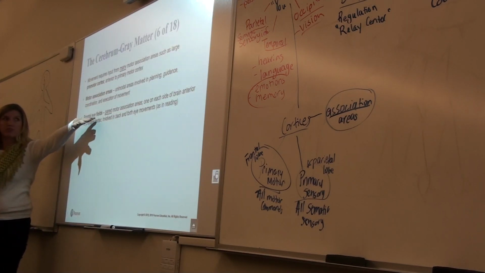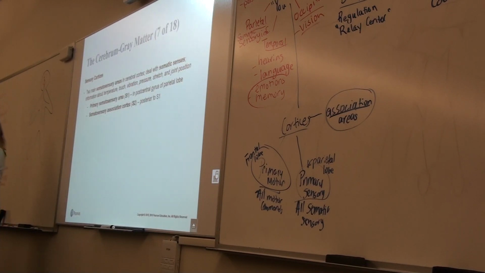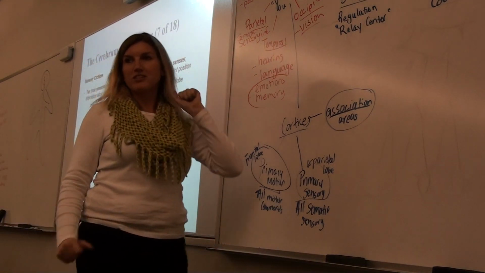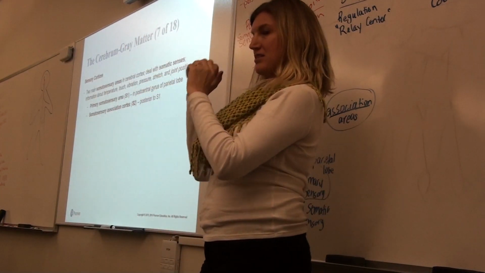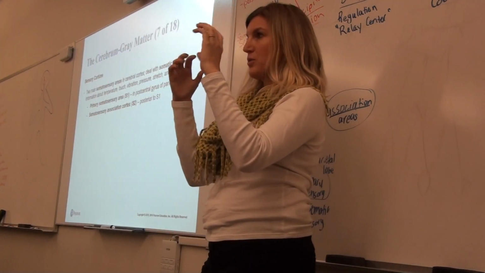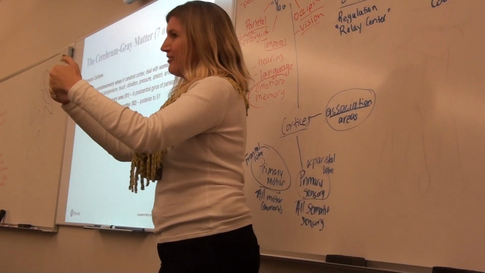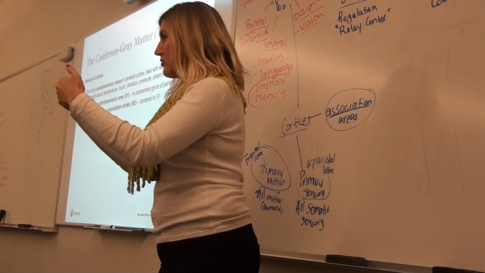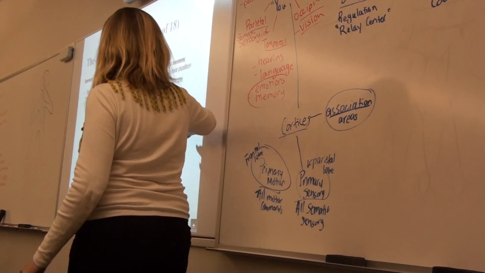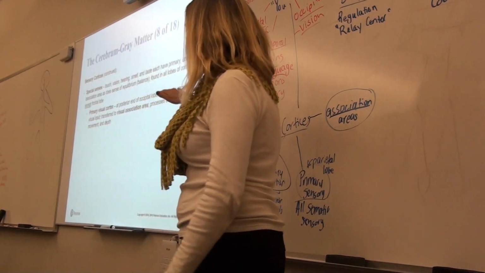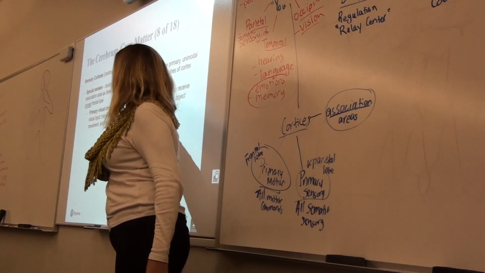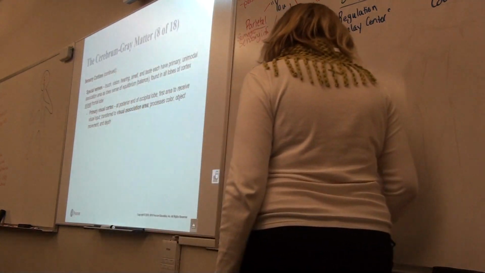Association areas, right? There's something called the frontal eye fields. The frontal eye fields interpret what each individual eye sees. You have areas on your occipital lobe, right? Occipital lobe is vision. Areas on your occipital lobe say this is what the right eye sees, this is what the left eye sees, and then guess what? You have a visual association area that puts them together, right? And so that's how you see. We'll look at the process of vision eventually. That visual association area is for our special senses. So we can add that to our